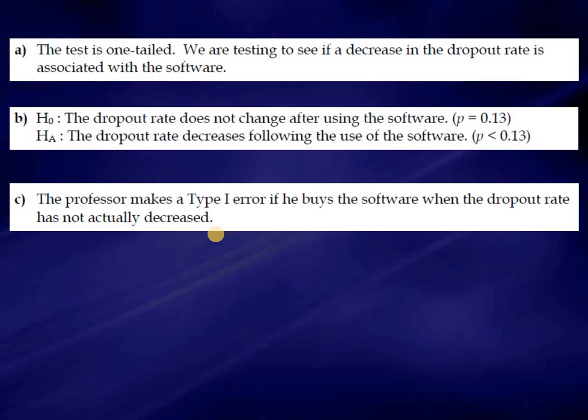Okay, so then the next one was a type 2 error. So a type 2 error in general is when you do what? You failed to reject, but what should you have done? Reject. So we believed what was true. We believed the dropout rate was the same. We believed there had been no change. But in actuality,